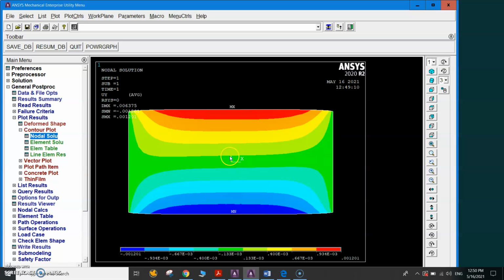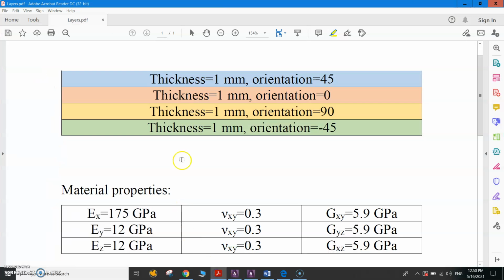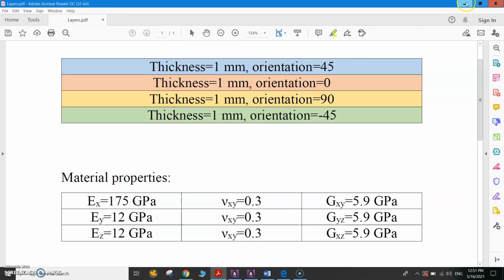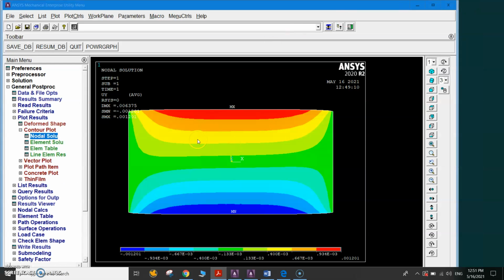And also you can investigate the effect of the layers. Here you see we have this orientation 45, 0, 90, minus 45. You can change this orientation and then investigate the effect of the orientation on the maximum stresses and other parameters. And also, as I told you, you can choose different materials in different layers. Okay, so it's up to you, and you can investigate all of these